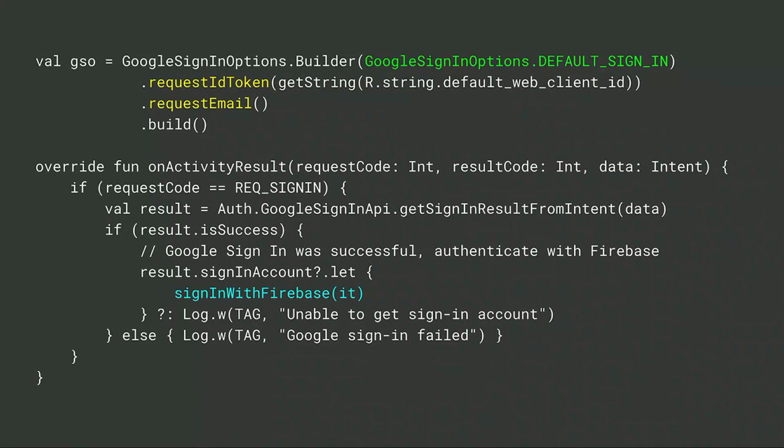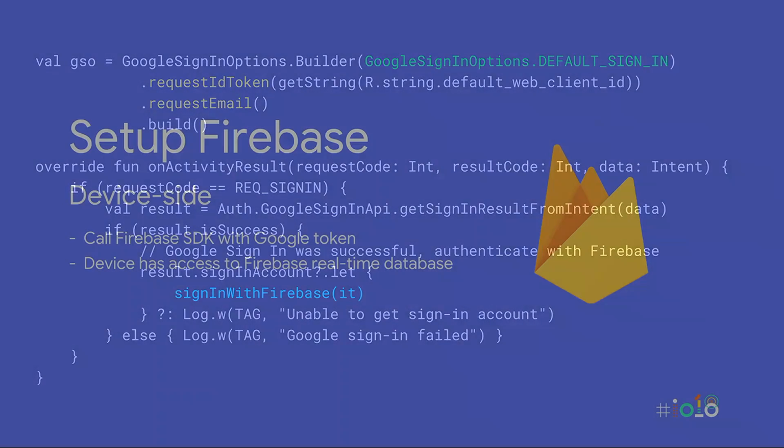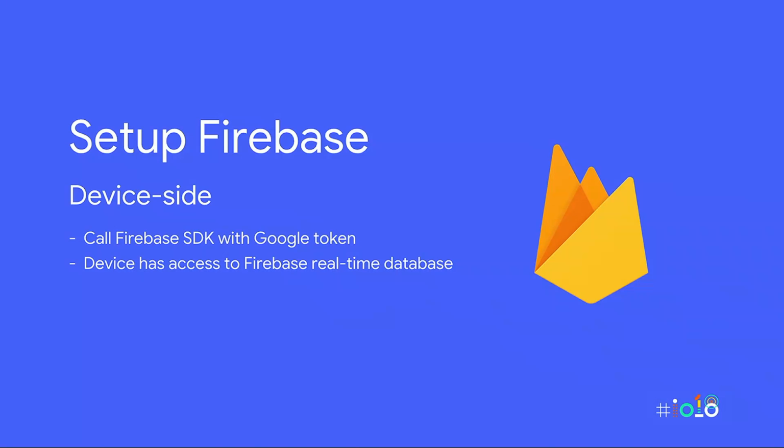But we ship that token, we ship the previous token off to the device so it can log into Firebase and do things with that. So on the other side, we take the Google token, pass it to Firebase, and authenticate with that. And the device now has access to the